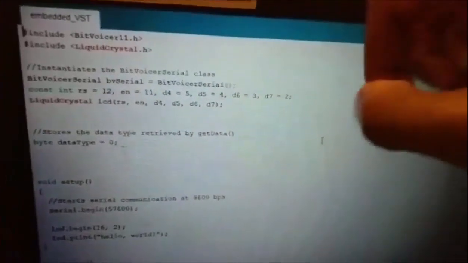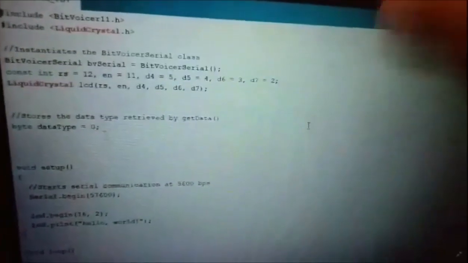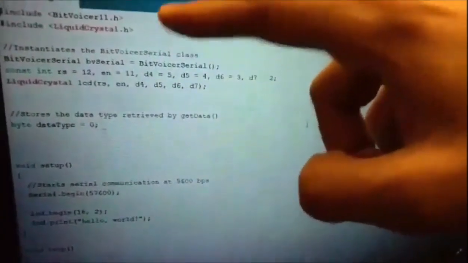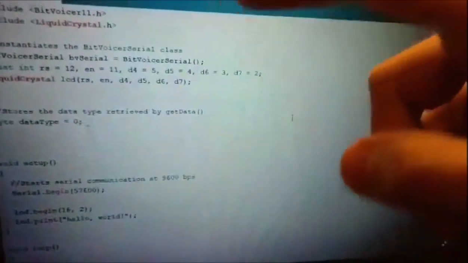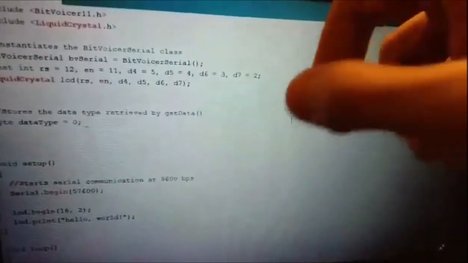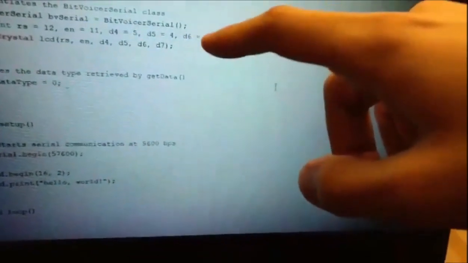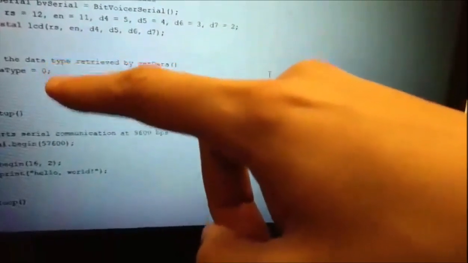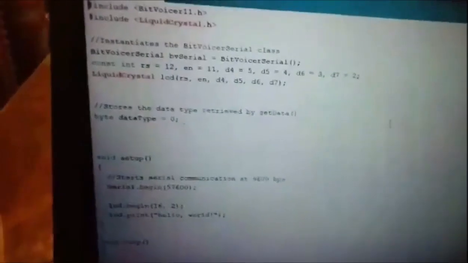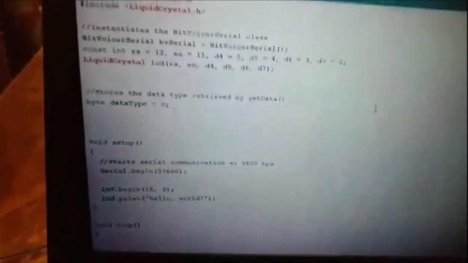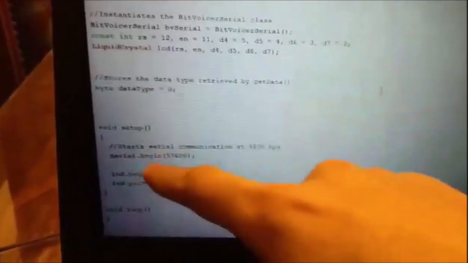First, we include the BitVoicer library, and then we include the LiquidCrystal library for the LCD. Then we initialize a new object of the BitVoicer serial class, and indicate which pins connect to the LCD. Then we define a data type of type byte, because that's the type that we use in BitVoicer. And then we call serial begin